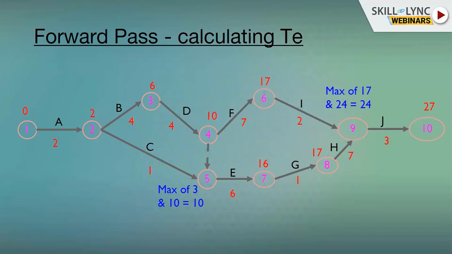The TE for event 4 will be transferred to event 5, as for the dummy activity the timeline is 0. So at event 5 we have two TEs, that is 3 and 10. So